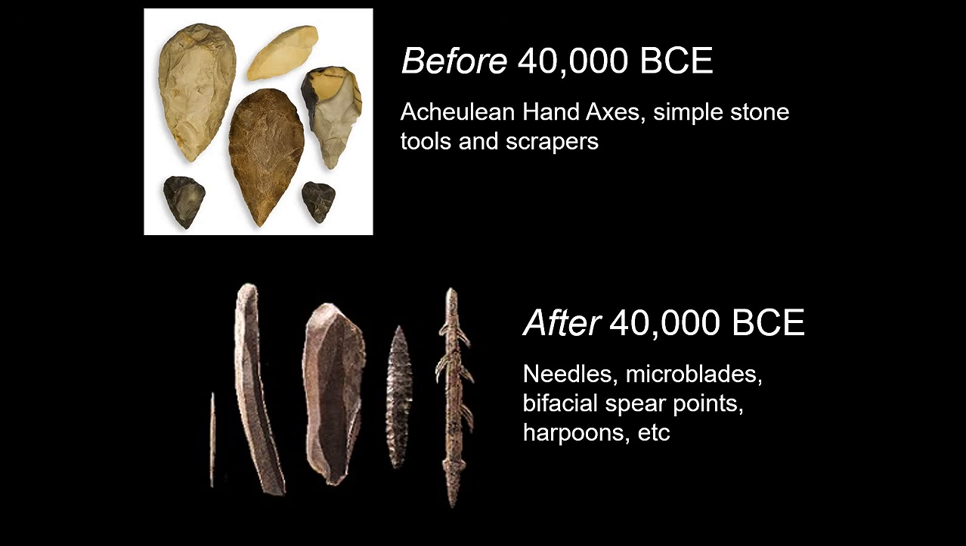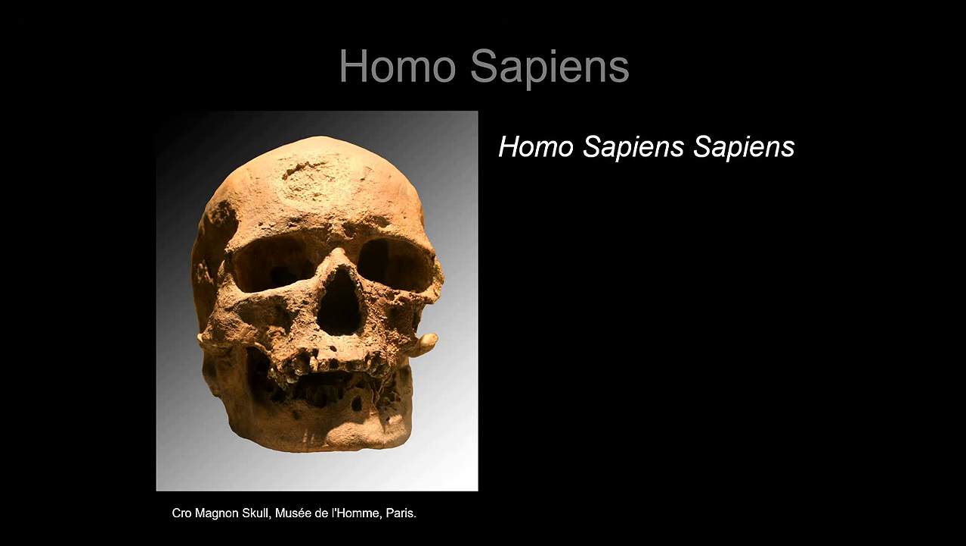Before 40,000, we have simple Acheulean hand axes, scrapers, these kinds of things. But after this, we see things like needles. So people are, in fact, sewing clothes. We see microblades and bifacial complex spear points. We even see harpoons, because now they're hunting fish and animals. And this advance in technology, this huge advance in this incredible diversity of tools, is strongly associated with a group